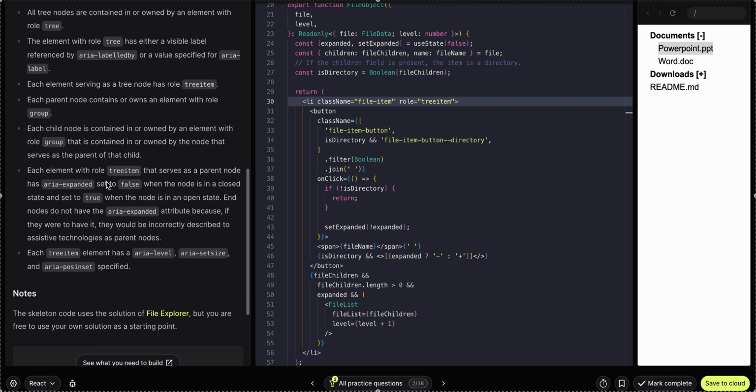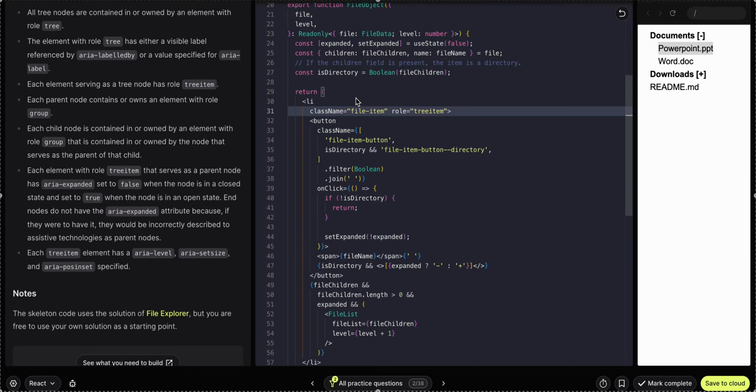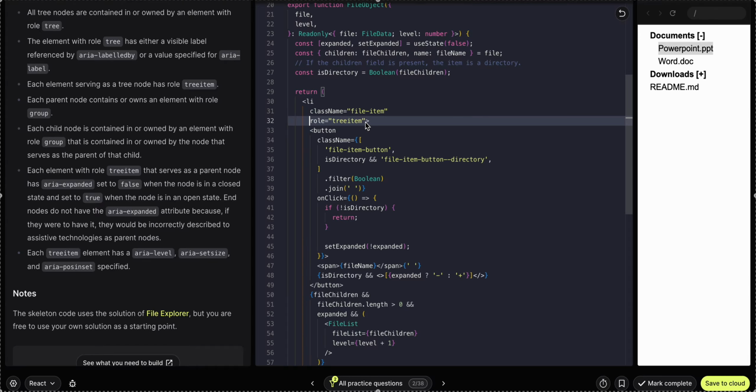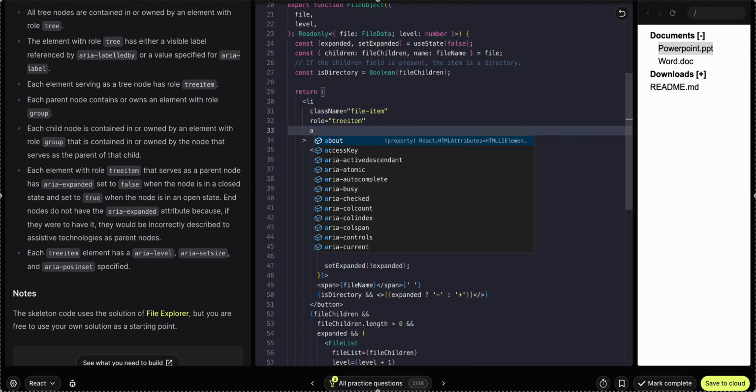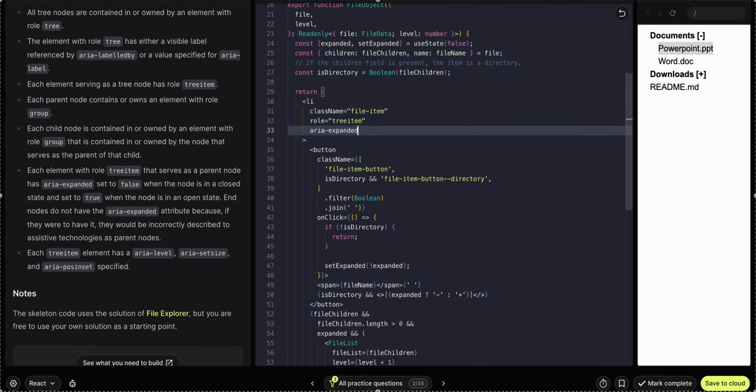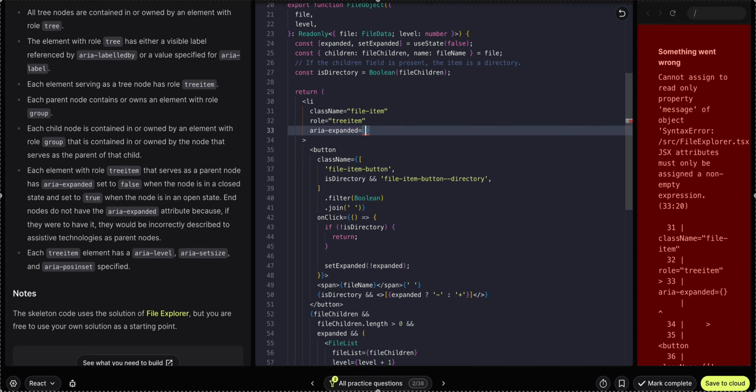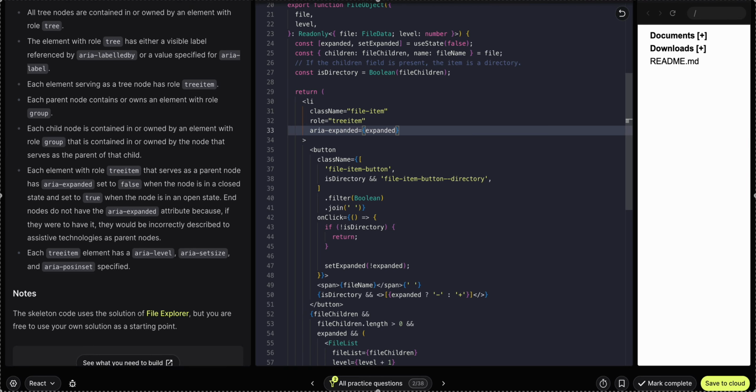Tree item serves as a parent node of aria-expanded, false or true. So here we will have something called aria-expanded property here. So if I add that aria-expanded, it should be that expanded. So by default it will have that aria-expanded true or false. So from this state we have. So this is done,